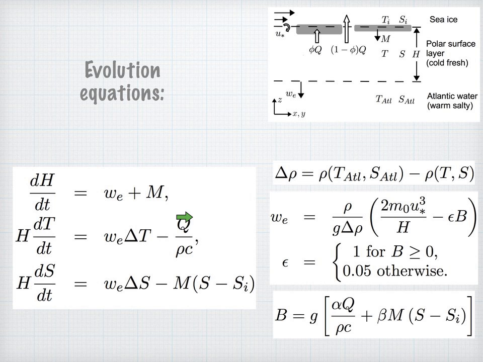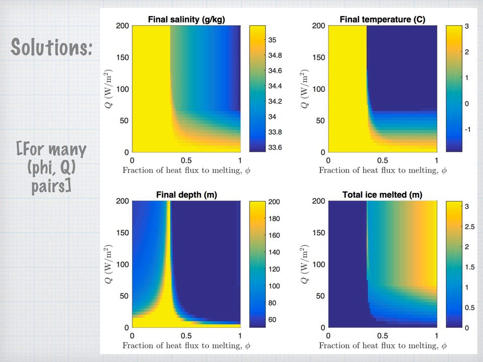So in this set of equations, we use the TEOS-10 equation of state, and let's compute the delta rho here. And you can see that that's one source of nonlinearity, but there are multiple other sources of nonlinearity here, like these products, WE times delta T, and then 1 over delta rho, and 1 over H here, and so on. So it's a set of coupled nonlinear ordinary differential equations. And what we've done is compute solutions to these for a range of parameters. And we've looked at the phi-Q space. So phi, remember, is the fraction of heat flux going to